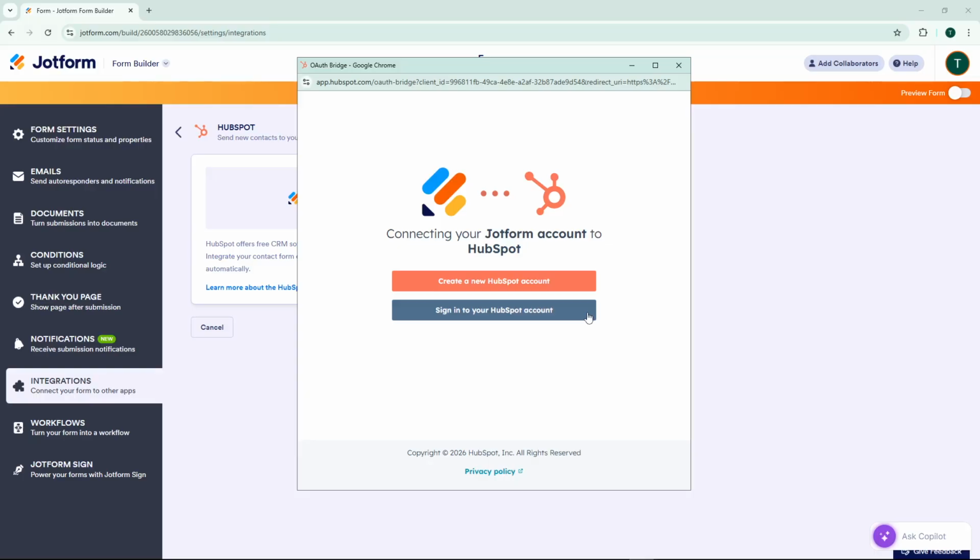And that's it. You've successfully integrated Jotform Sign with HubSpot, creating an automated pipeline for your form submissions to flow